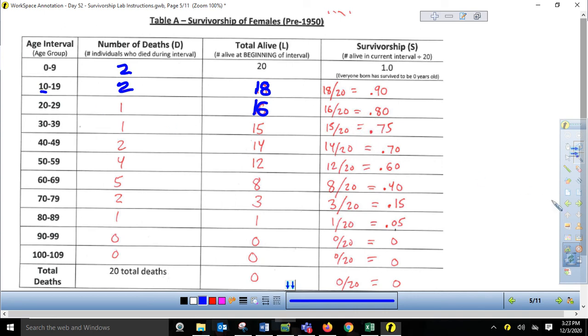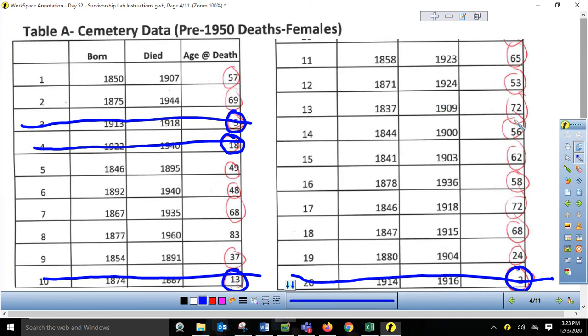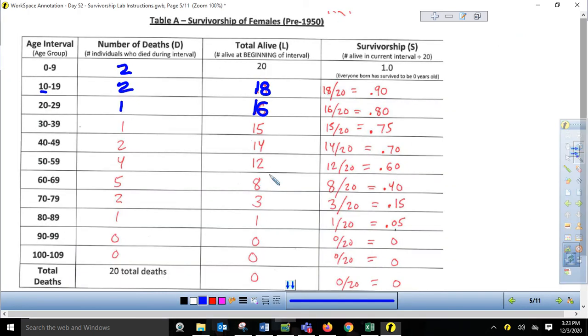So I'm going to do the same thing. How many females died between the ages of 20 and 29? So I go back to my data set, and only 1 female died between the ages of 20 and 29, female number 19 here. So I go back to my data table, I put in a 1, and I'm done for that age range. So by the time I'm starting this, 5 females have died by the time